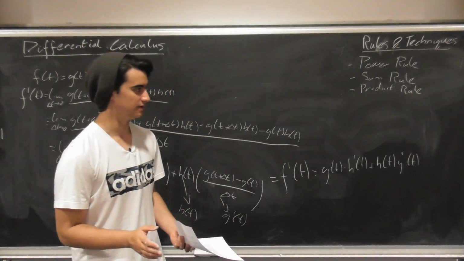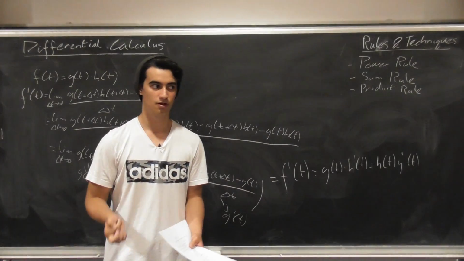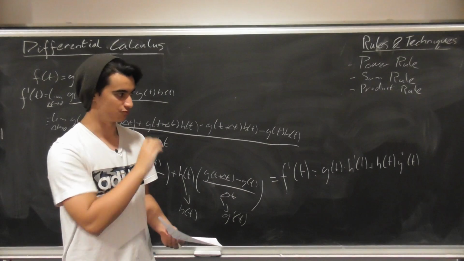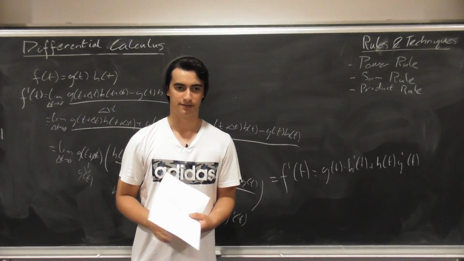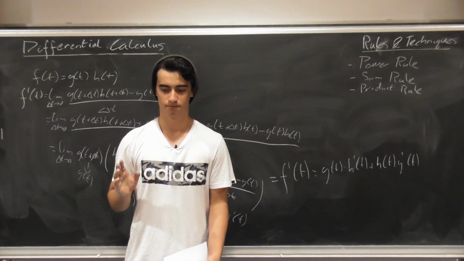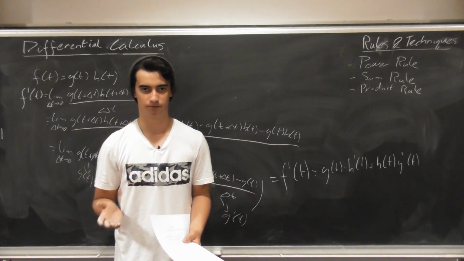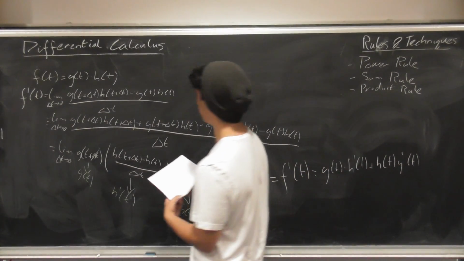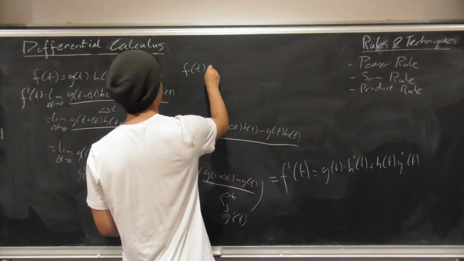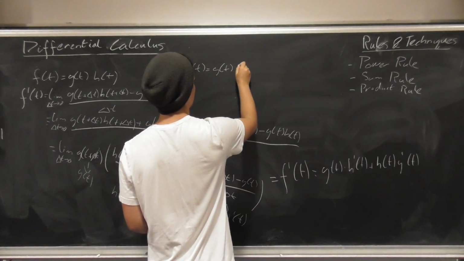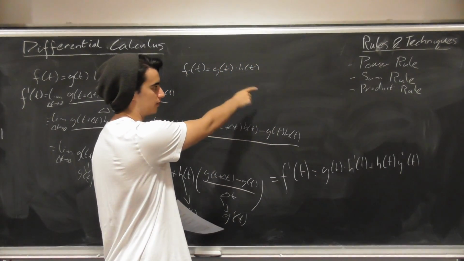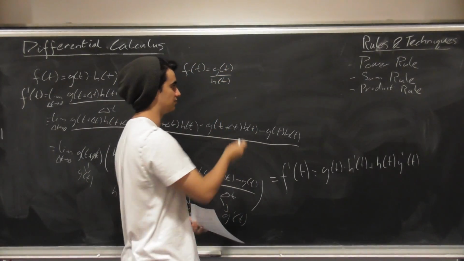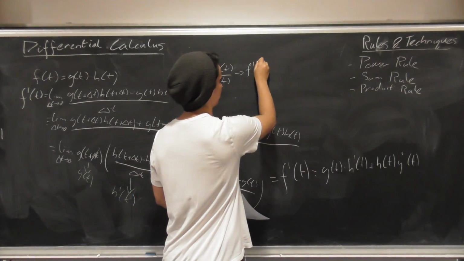We won't go over the derivation of that here, but it's not too difficult, and can be thought out as well. It's really a special case of the product rule. So in the case where instead of having f of t equal to some g of t times h of t, which is what we have with the product rule, we'll have some g of t divided by some h of t. And so this would lead to f prime of t being,